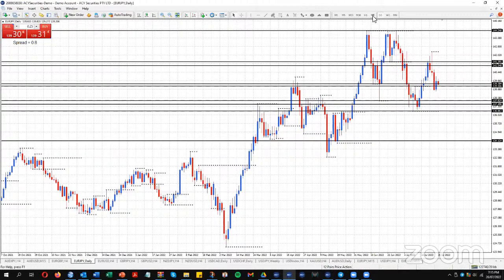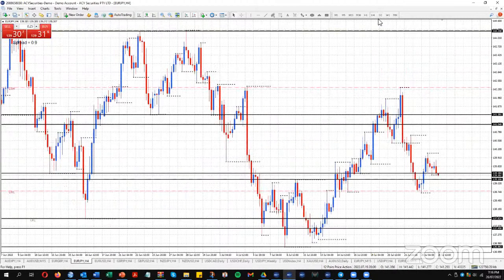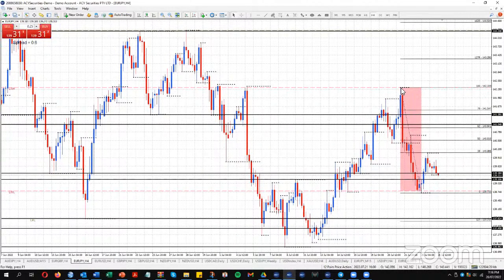On my 4-hour chart, I've put back in the candle for last week, drawing a fib across last week's candle. It did break the low yesterday, so I've dragged the fib down to the low point. What I'm looking for is, can this come up within the range of last week to the 62, which is at 140.94? That's close to monthly resistance, 141.04. Or can it go higher up to the 79% level?